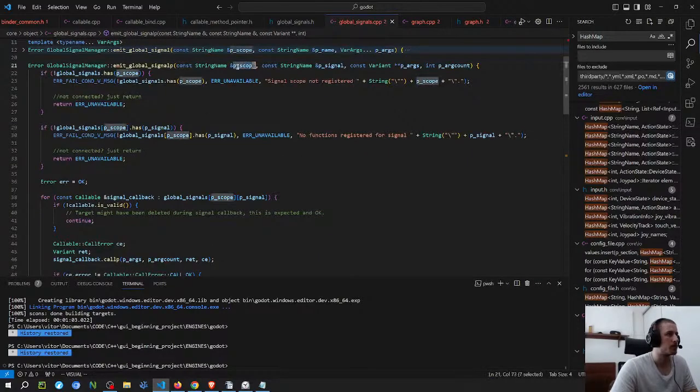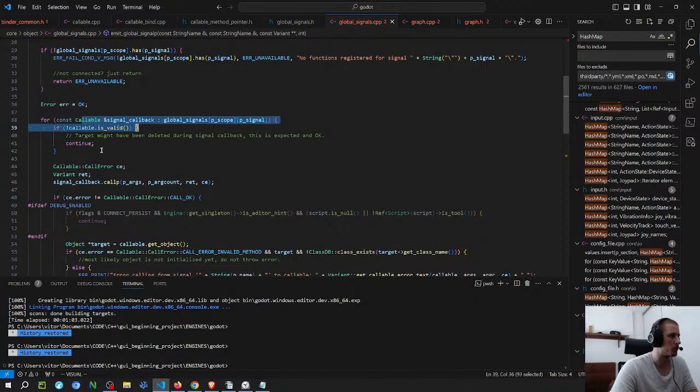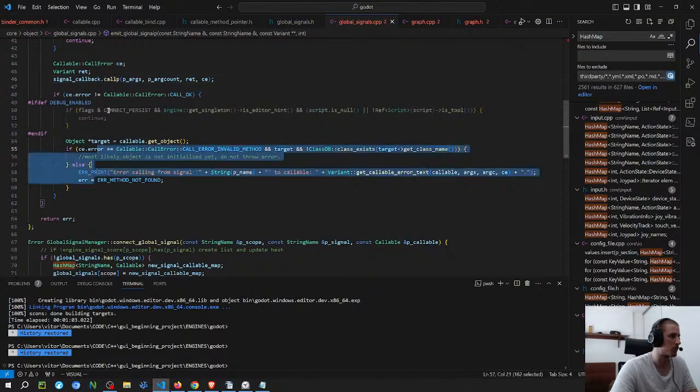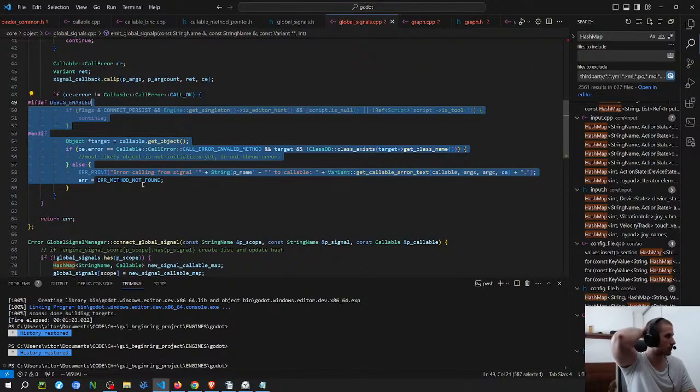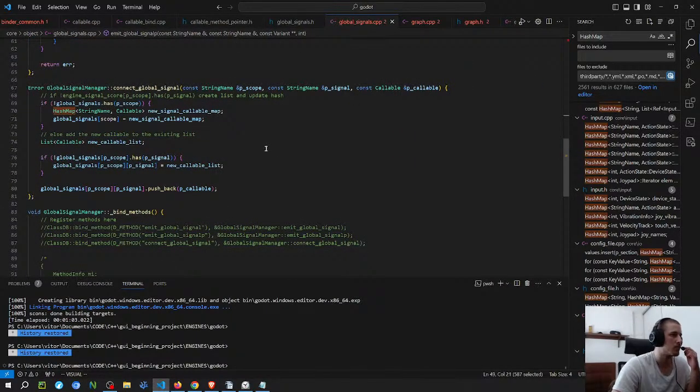Then this one, so it checks to see if it has, then checks, then loops over and calls, throws an error if it doesn't work. So this one checks to see if there isn't the scope, it creates a new hash and puts on this. Oh, here's p scope. A good thing that I revealed. And then I put on the scope there.